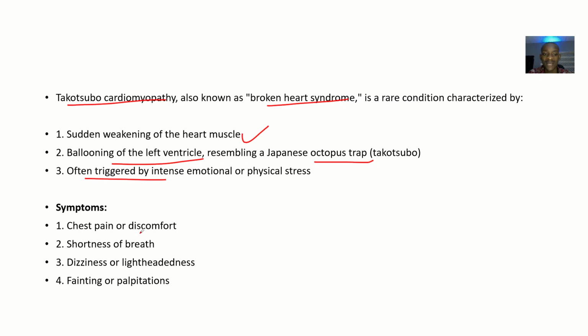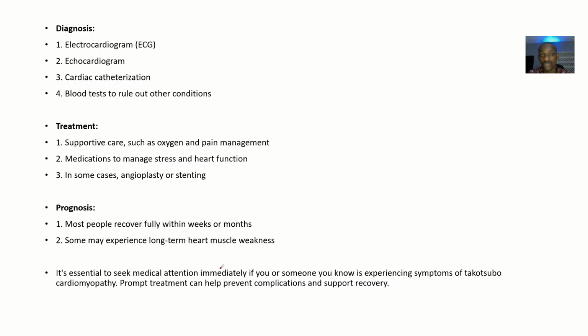So looking at the symptoms, if somebody has this disease condition, how can they present in the clinic? They'll be having chest pain and discomfort, there'll be shortness of breath, there'll be dizziness or lightheadedness, there'll be fainting or palpitations. Alright, how can you be able to confirm your diagnosis? You do ECG or electrocardiogram, echocardiogram, cardiac catheterization, blood test, just to rule out other possible conditions that could result